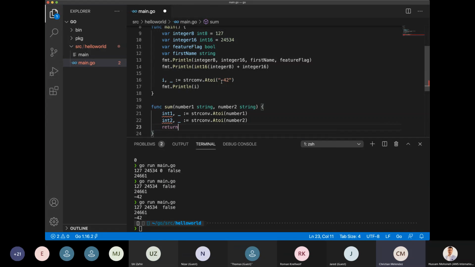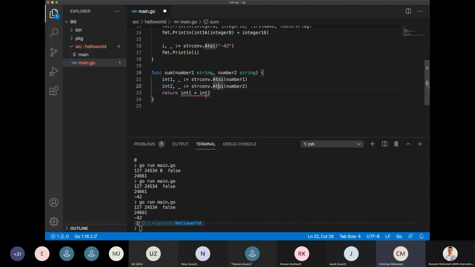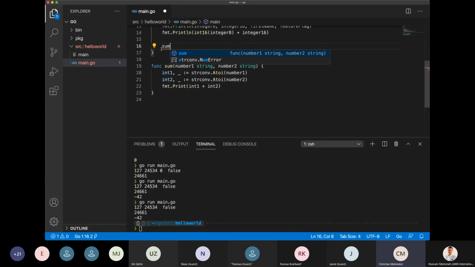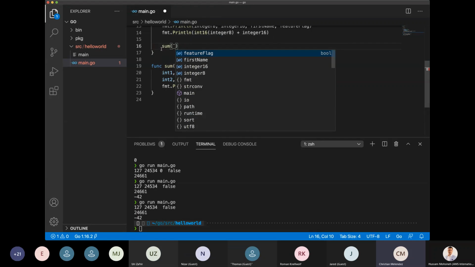If I try to do something like this, return int one plus int two, that should be working, right? But I haven't indicated to this function what's going to be the return type, because the return type can be optional, right? I can simply use this function to do something like this, print, and I will simply try to print the sum of these numbers, and I can simply call it here, sum, call it here like